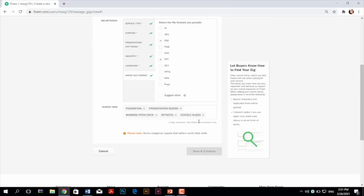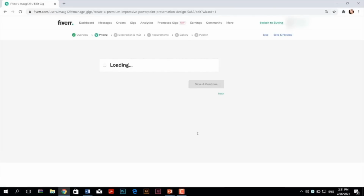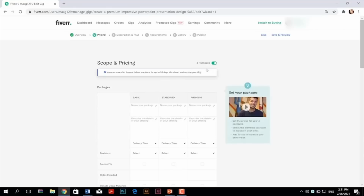And your changes have been saved, and we will be sent to the next page. And on this next page, we will have to create our gig packages. So when it comes to gig packages, you can either create only 1 gig package, but yeah, unlock your potential revenue with all 3 packages. So I always